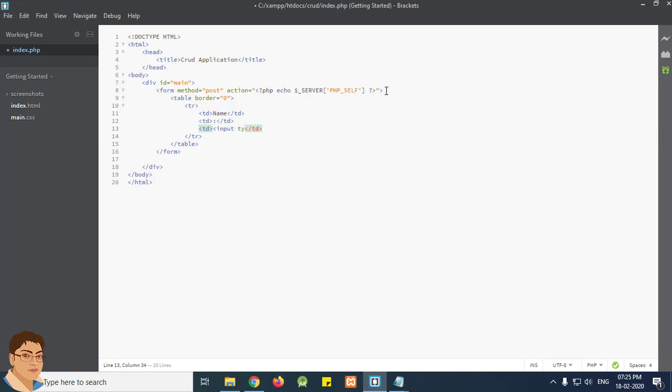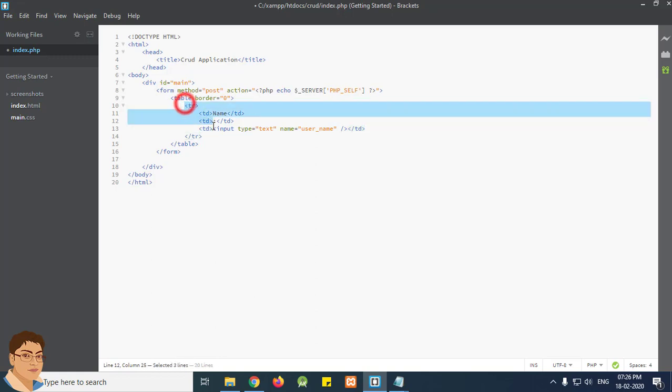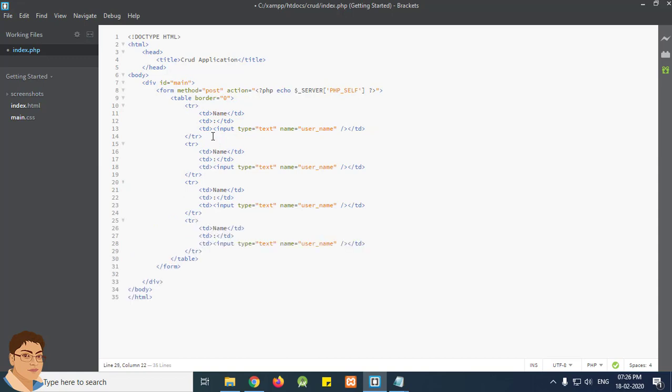Input type equals to text, name, username, that's it. And I will just copy this tr and paste below 3 times, and then I will change this label to gender,